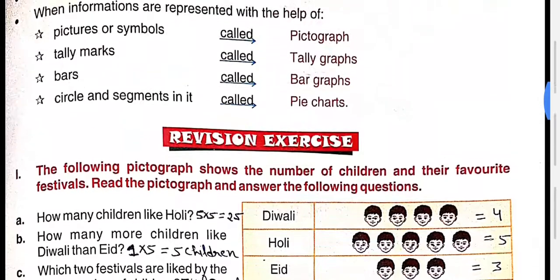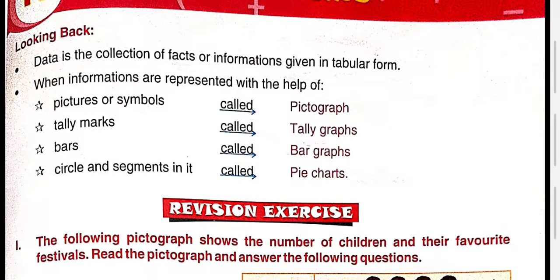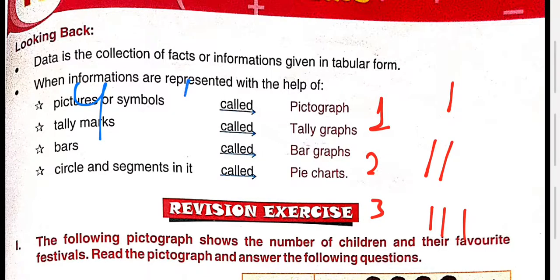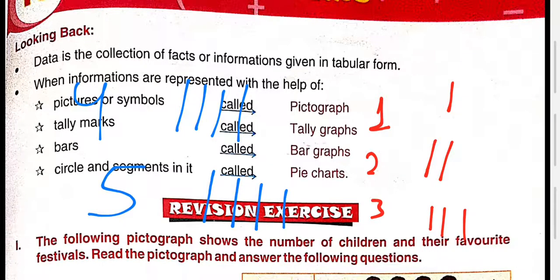Okay, first I will tell you some basic things on how you draw the tally marks. Tally marks like that one. 1, 2, 3. So for 1 you write 1 symbol, for 2 you write 2 symbols, for 3 you write 3 symbols. And suppose they are asking 4, then for 4 you write 1, 2, 3, 4 symbols, and for 5 you write 1, 2, 3, 4, and the fifth symbol you write in such a way that the first top will end with the last bottom. The first top will meet with the last bottom, so it is known as what?